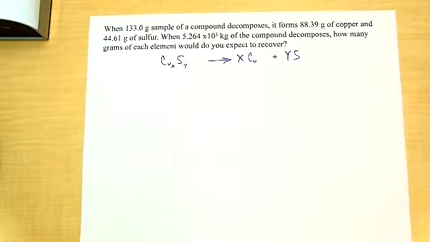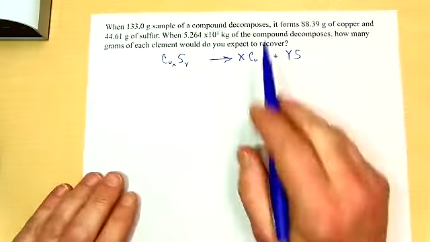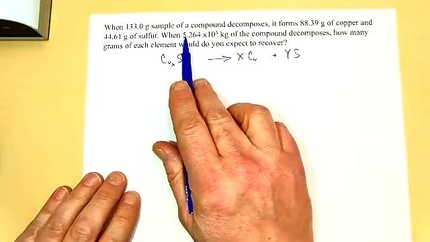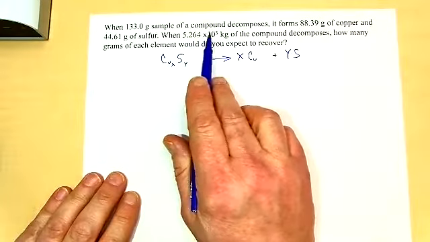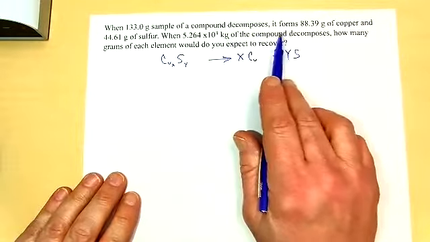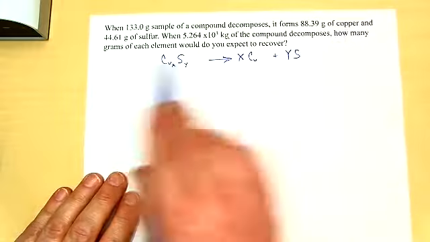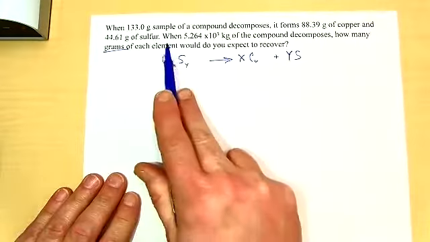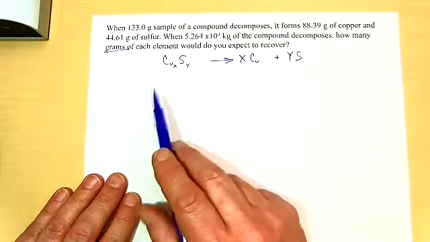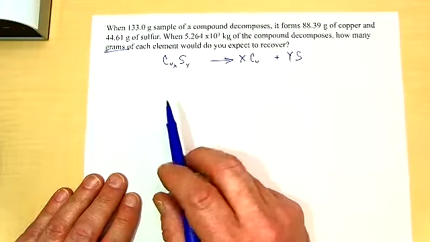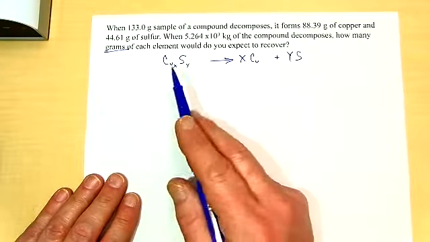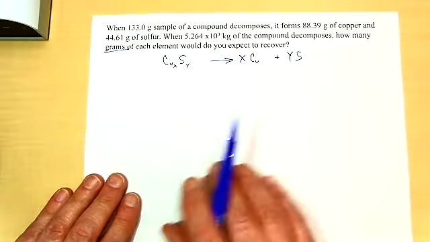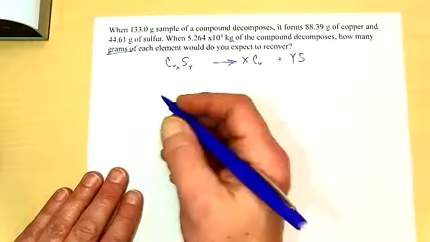reaction equation. But the question's asking us, when 5.264 times 10 to the third kilograms of this compound decomposes, how many grams of each element would you expect to recover? Well, what we're going to have to do is figure out what the percent mass is of each of these elements. Okay, so the mass percent